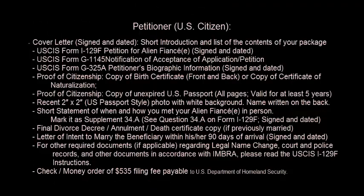So you need to turn in a package. And in this package, you need to have a cover letter signed and dated with an introduction of yourself and a list of the contents of the package, which is going to be the I-129F, the G-1145, which is the application petition, notification of acceptance, the G-325A petitioner's biographic information, proof of citizenship,